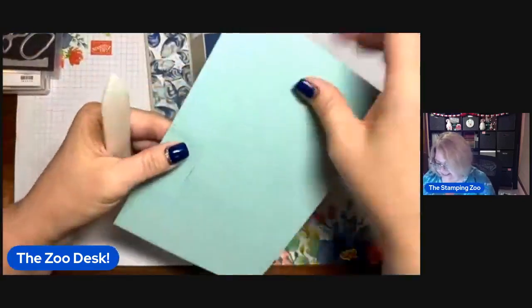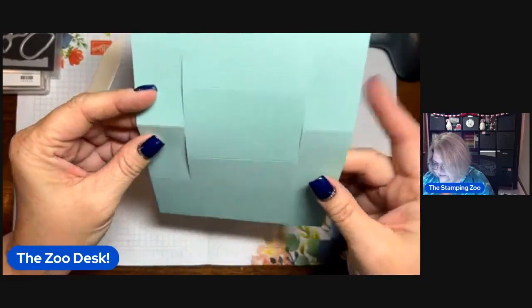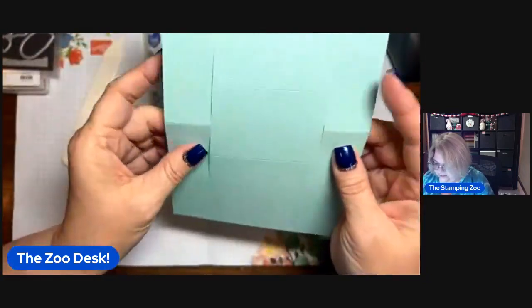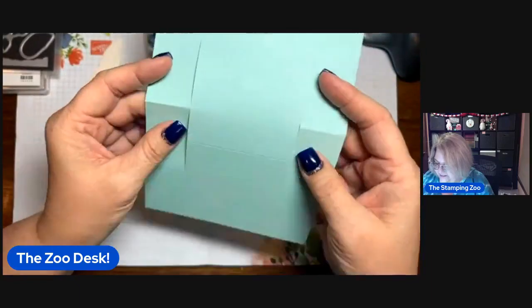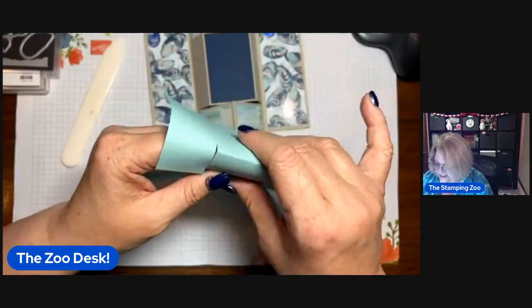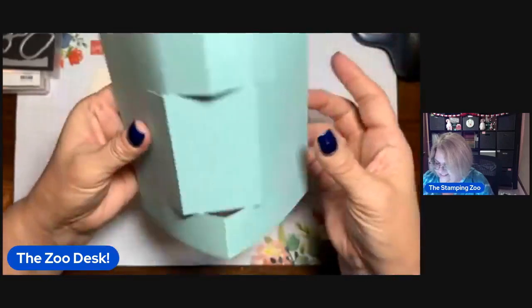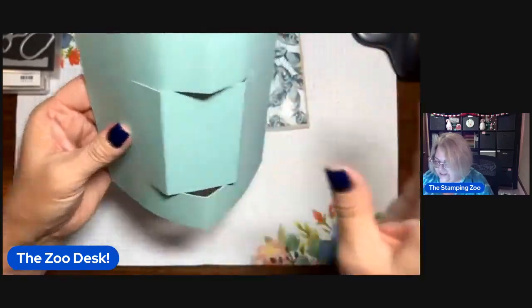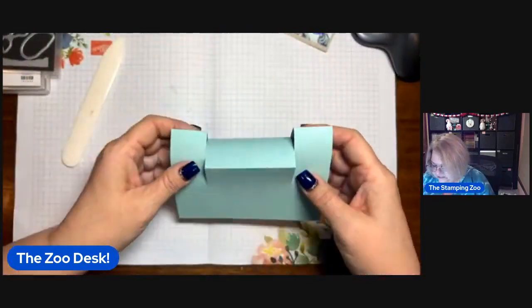Okay, now I'm going to look at this example. So you got to kind of do 2 things at once here before you burnish. We can't really burnish these until we get all these inside scores kind of done like this, or else you'll end up folding pieces that we don't want to be folded. Okay. Once you get that done,